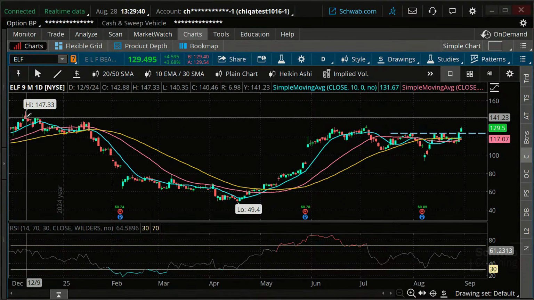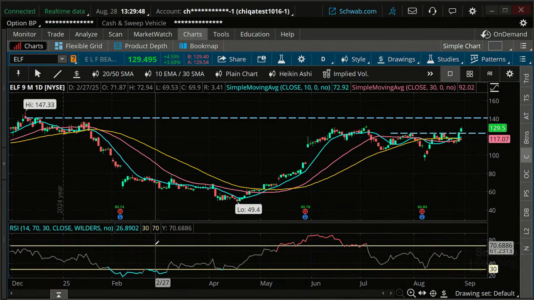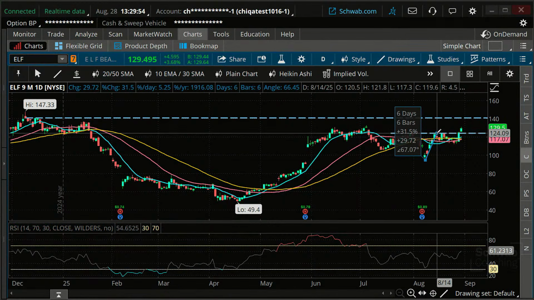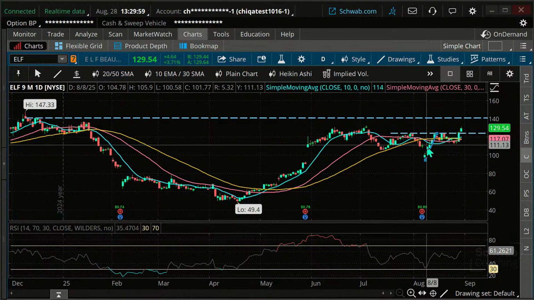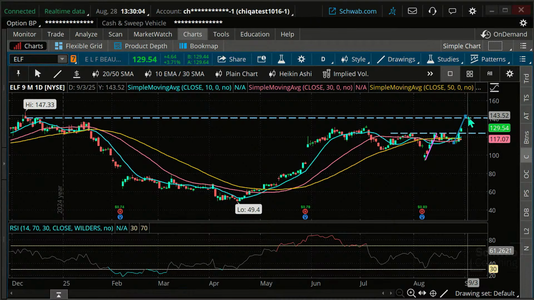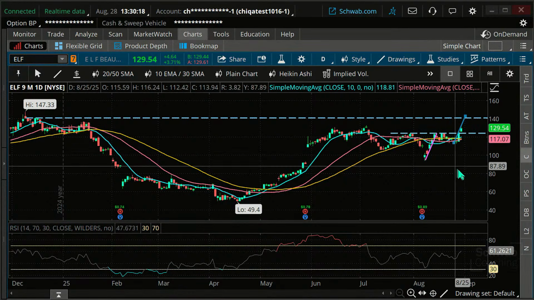How high? Well, you could come up with a target price if you want. Maybe we'll go to highs past there. Or you could also say, look, in terms of target price, I'm going to go from low to where our high was. I'm going to duplicate this, and we're going to put this from low to high, and that's going to put us right about the same area, right around 140, we'll say 142, okay? So that's going to be our target price, 142. Now, you don't have to put a target price, and you don't have to put a stop, but we're going to put a stop in as well.